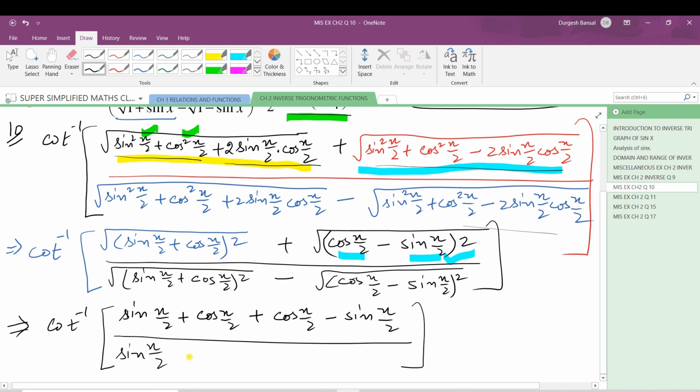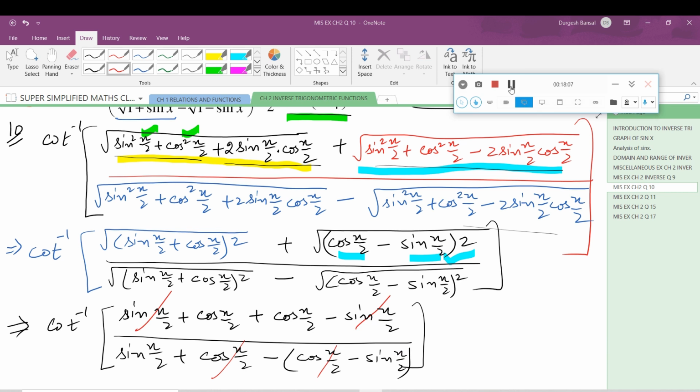Here also sin x by 2 plus cos x by 2 minus cos x by 2 minus sin x by 2. Now we can cancel sin x by 2 with sin x by 2 here, and you can see cos x by 2 with cos x by 2 here. So we are left with